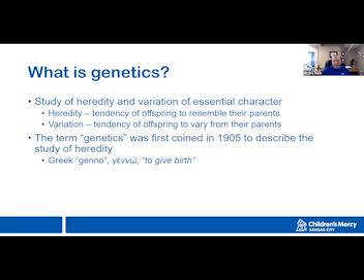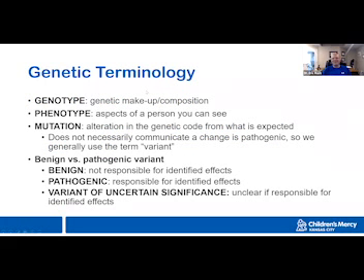And the term genetics as a discipline is about 100 years old, to describe more the study of heredity rather than the study of variation, even though we understand them both to be important. And almost all of the terms that we use scientifically, even though they're terms in English, have their Genesis, which is the exact same root as the Greek geno, which means to give birth. And so genetics, Genesis, genealogy, they all have the same Greek root word, which is to give birth, which you might not think is interesting, but I think is interesting.